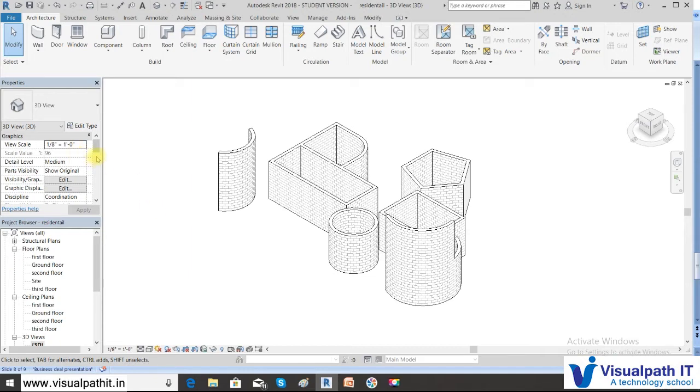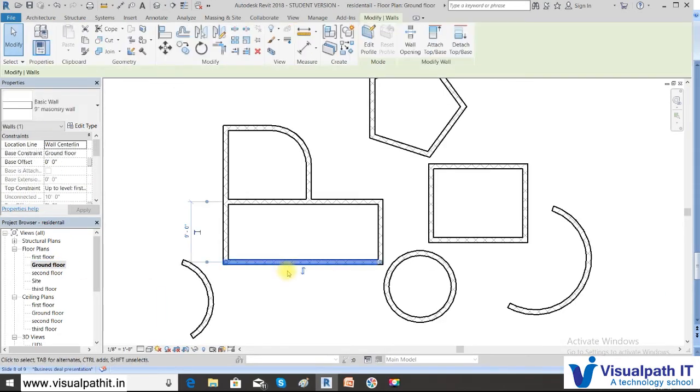Okay, so one editing we saw in the ground floor. You can use the cursor and you can move it. Here you can use the cursor and move it. This is the editing in the 2D view. Okay, and then editing the height we saw. Okay, editing the thickness we saw. So now we have learned how to edit the thickness, how to edit the height, right, and how to edit the options to change the location line and create a new wall.